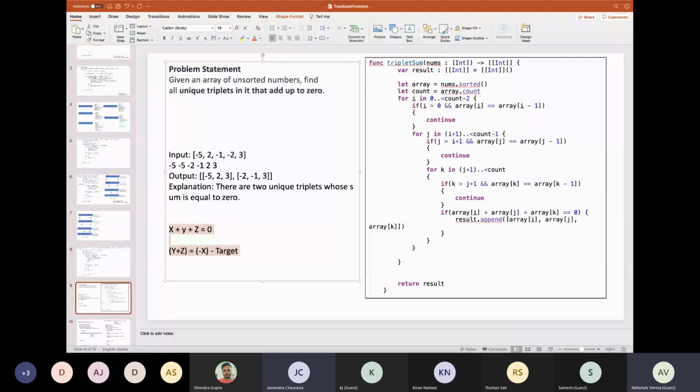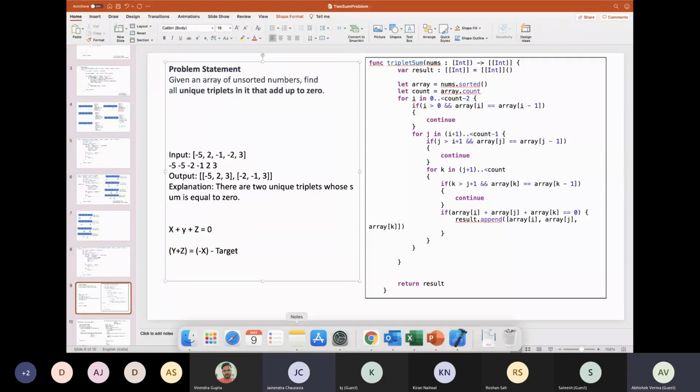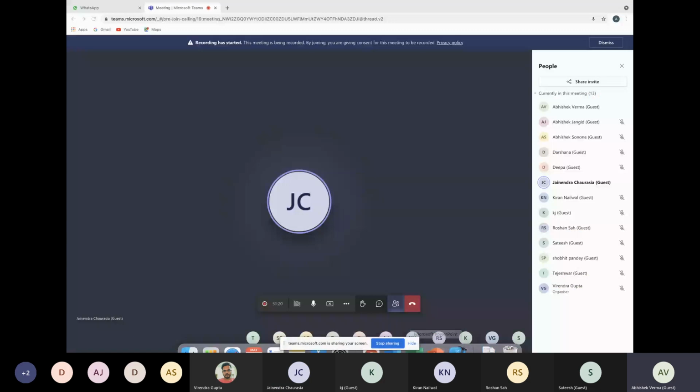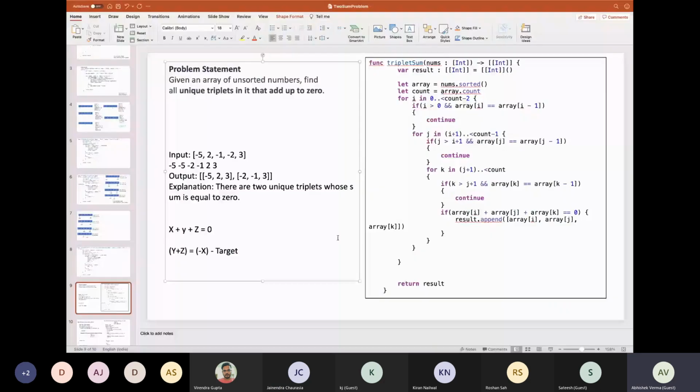Abhishek, can you repeat it? Not clear. Okay, Janendra. x plus y plus z equal to 0, right? Yeah, Janendra, x plus y plus z is equal to 0. Your voice is a bit low. Now is it fine? No, it's still very low, but yeah, you can continue. I will try to make out.